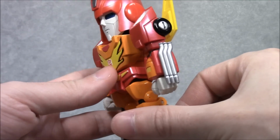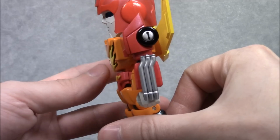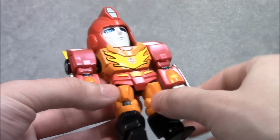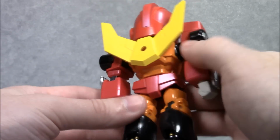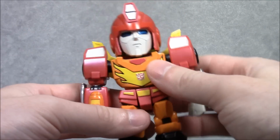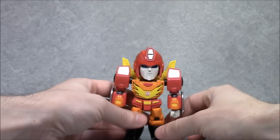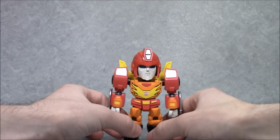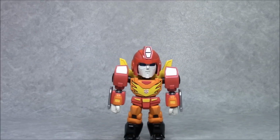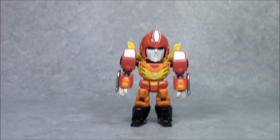You can see that it is actually just coming off of his chest a little bit. And he's got fake wheels on the back. Of course, this doesn't transform, but it still has the details of his transformation. And other than that, he's just a nice, chunky little guy. So, just going to get into